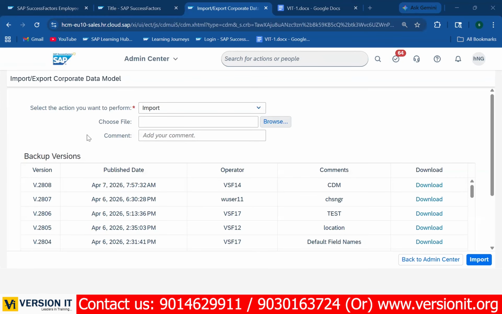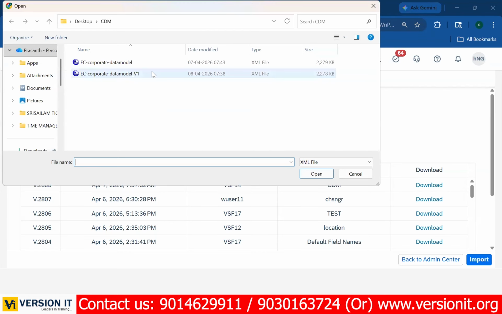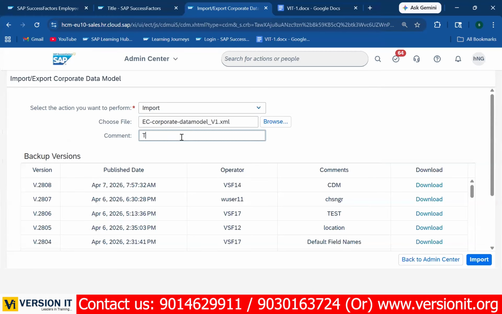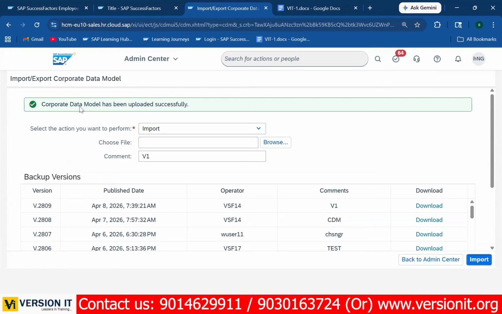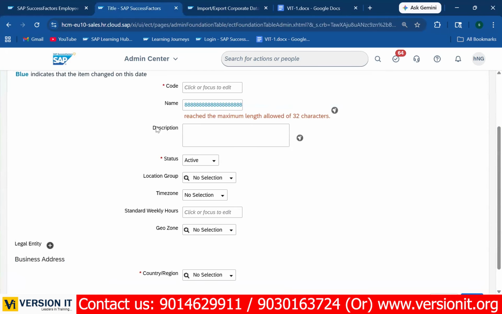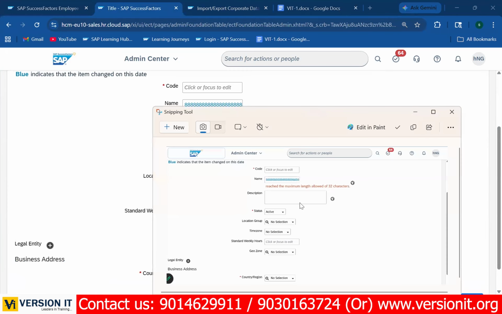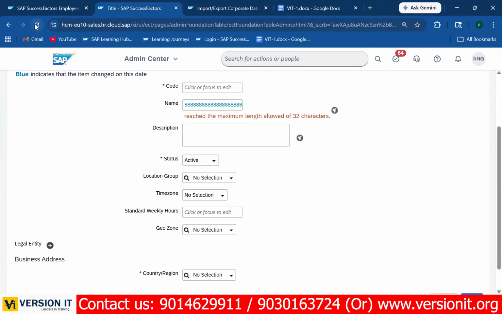Browse it. See V1, version 1. Test it, or else use V1 version 1 and import. Corporate data model has been uploaded successfully. This is before upload. Now if we refresh,